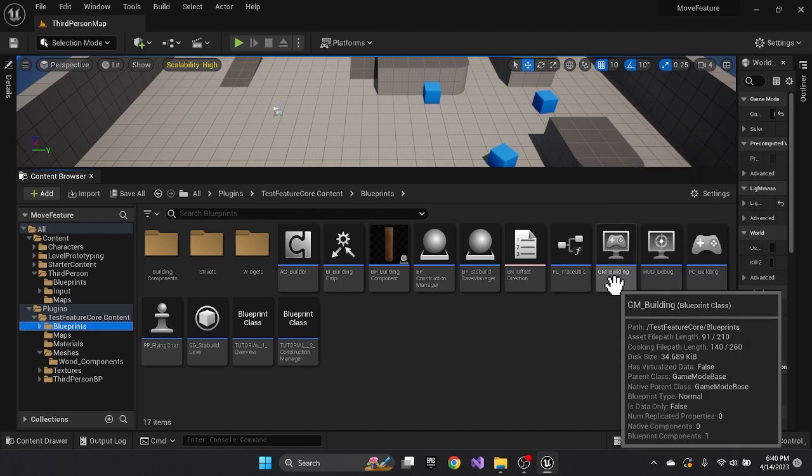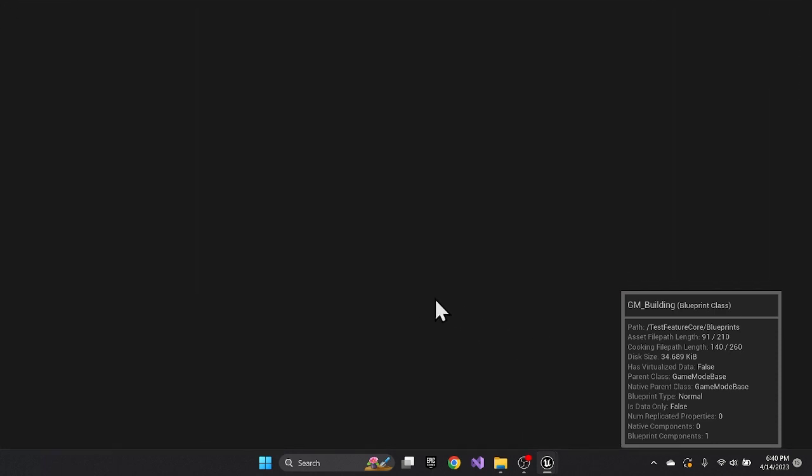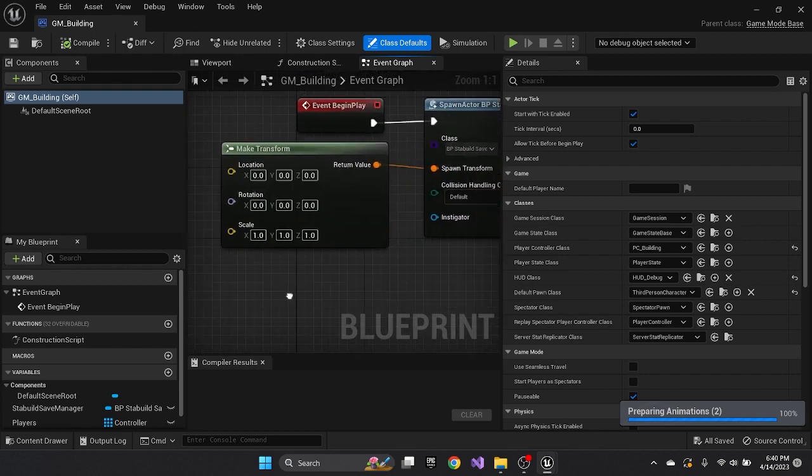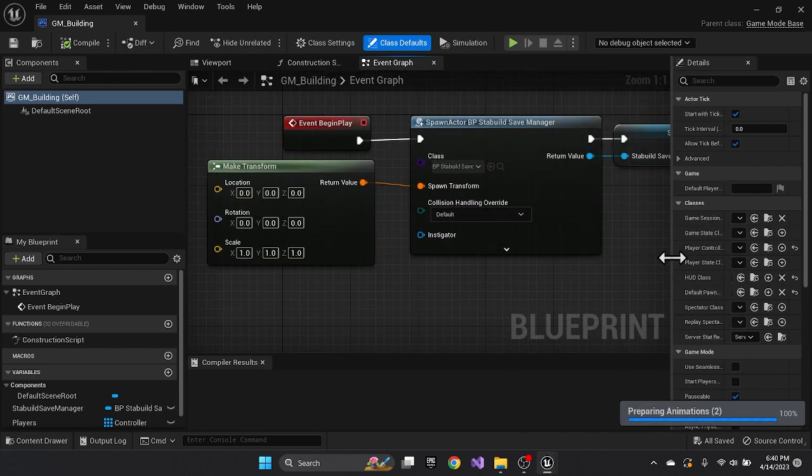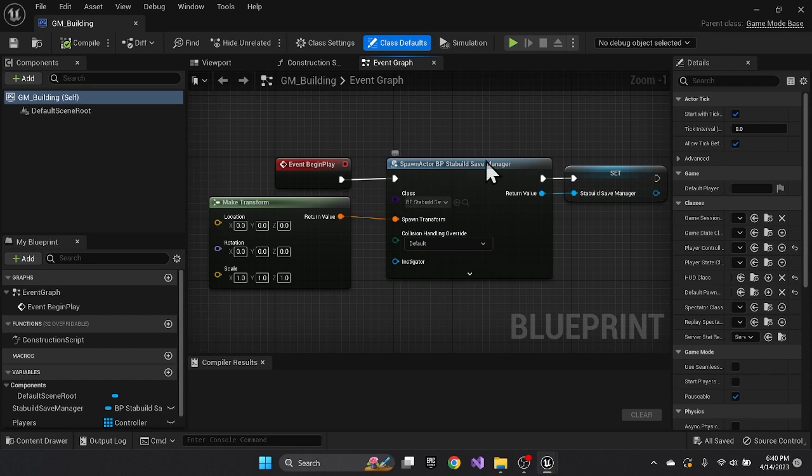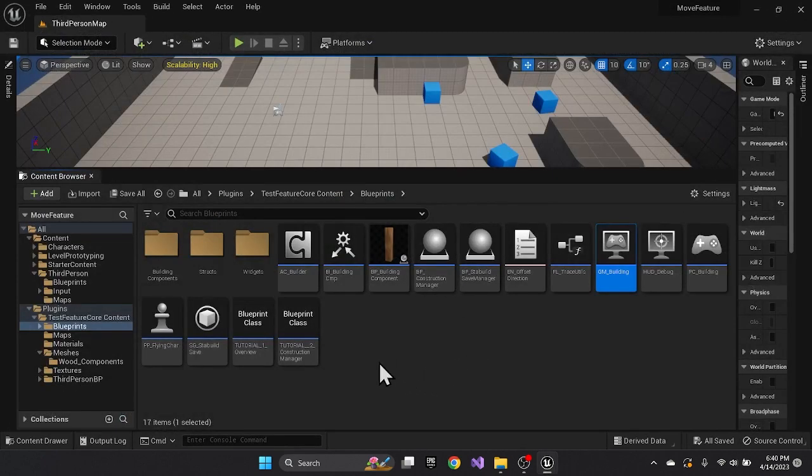The game mode has a very small role to play in this particular marketplace asset, in that it's simply spawning a save game manager. So the game mode on begin play spawns in a save manager, which it then stores in its variables. We would have to move this to a component and then take that component and add it to the game mode. So that would be a step we would do to replicate this logic. So let's fix the character logic